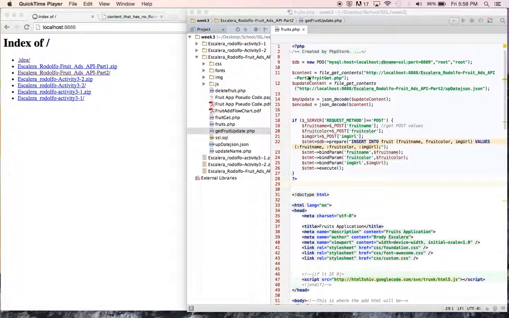The first one is for the ads. So it's in the fruit get PHP, which I'll go over. And then the second one was my attempt at making the update function work. Kind of got 50% there, but I still left the file and just output a JSON file and then updated